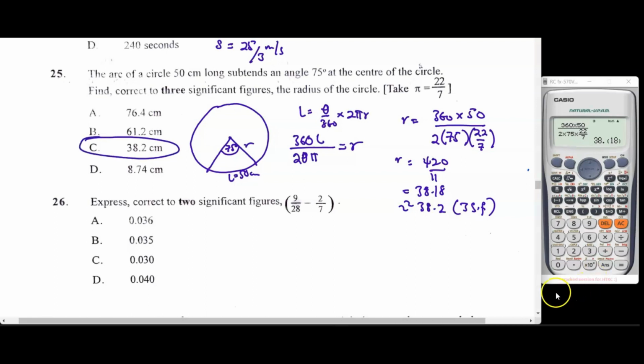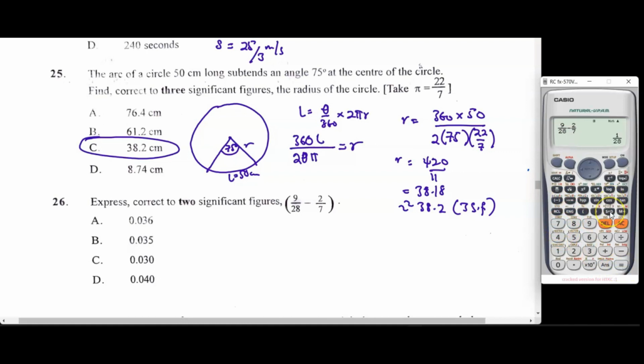Good. The next one says, express correct to 2 significant figures 9 on 28 minus 2 on 7. Straight ahead, you just have to program on your calculator so you get your final answer. So 9 on 28, then minus 2 on 7. Then we just leave the answer to